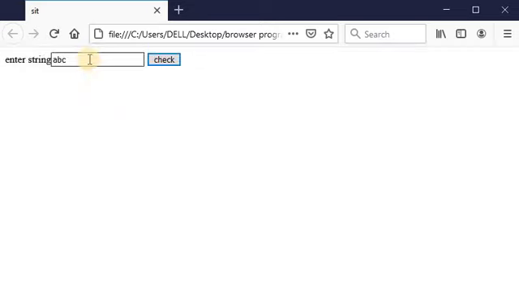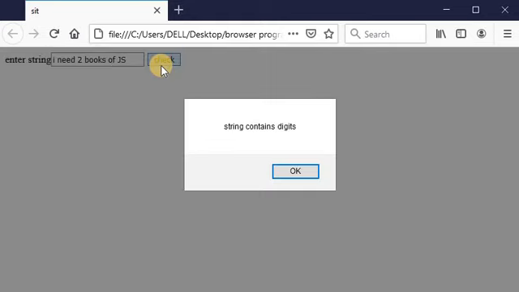Okay. Suppose here I am writing "I need 2 books of JS." After that I click on the check button.